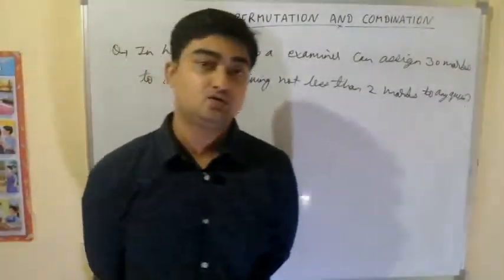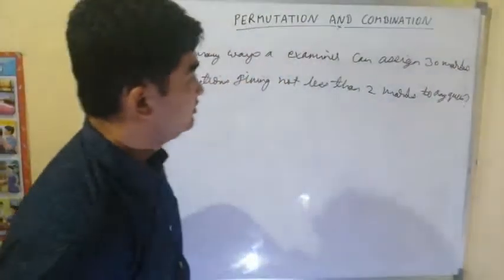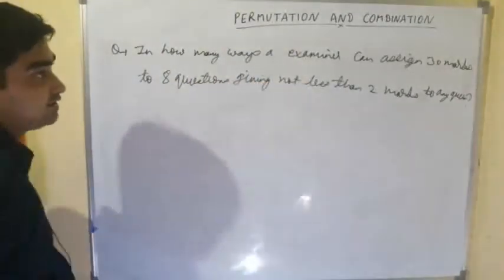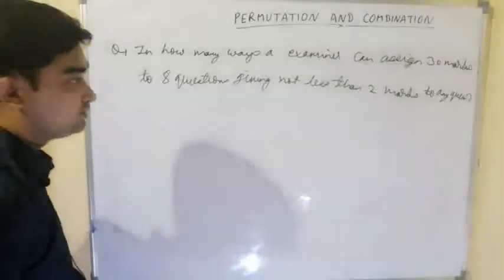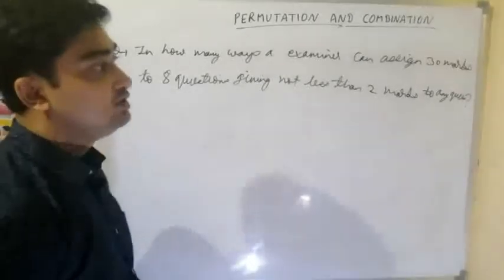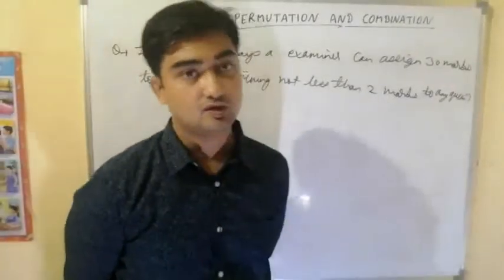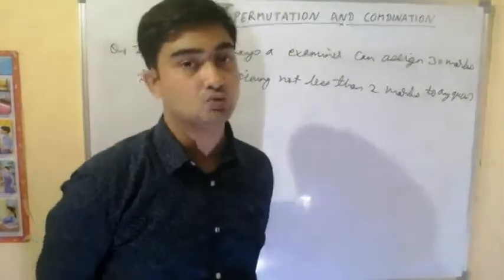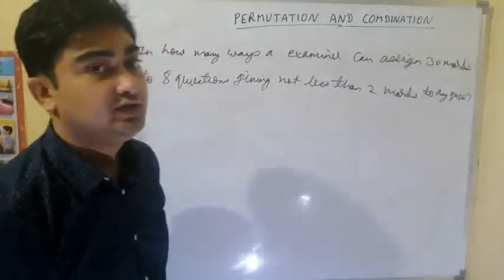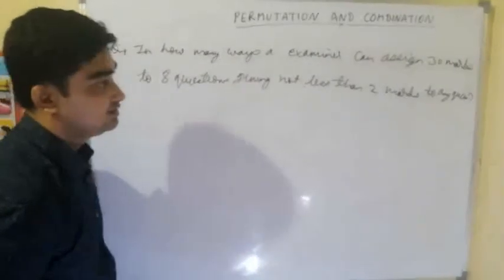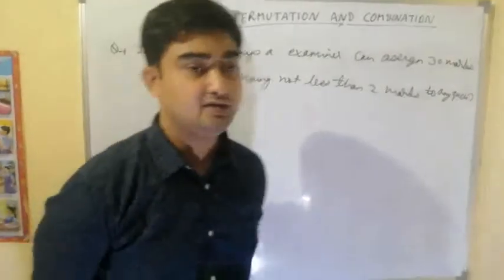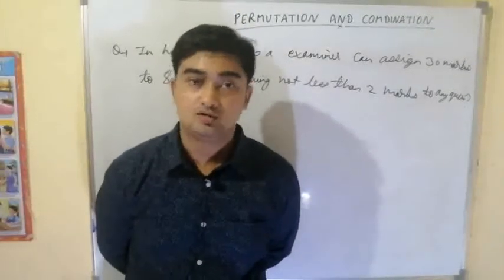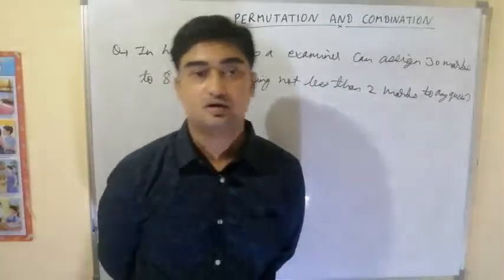If he is giving 2 marks to every question, the total will be 16, because there are 8 questions, but we want to make a paper of 30 marks. So some problems will get 2 marks, some 3 marks, some 4 marks, to make the total 30. Minimum is 2. In how many ways can we do this? Here the caveat is that fractional marks are not allowed. Either we have to assign 2 or 3 or 4 or 5 or 6 or 10.